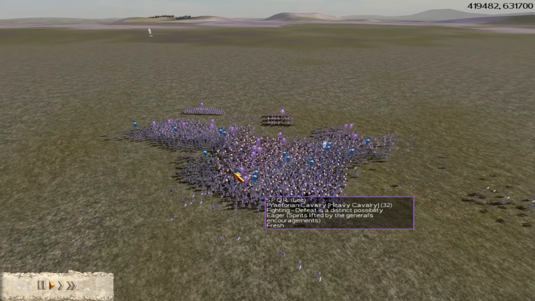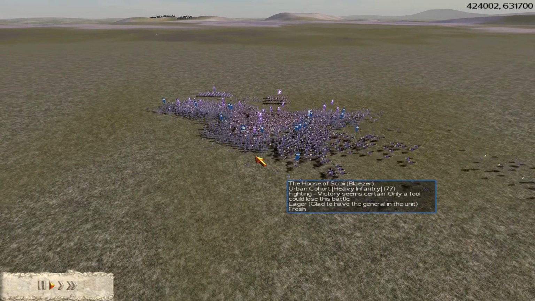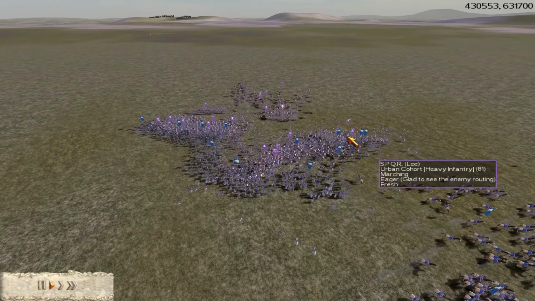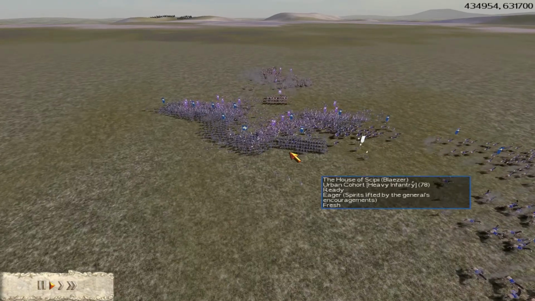Now everything's in that centre. I'm going to pull out. He'll probably pull out as well. Yep, there he is. He's got his general in behind, given the rally ability. It's quite a nice clump here on the left, the three there. If I could hit them with all my cav, I could probably rout them off, which would just free up